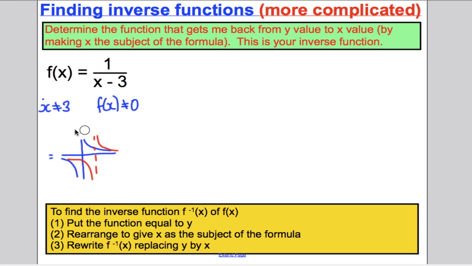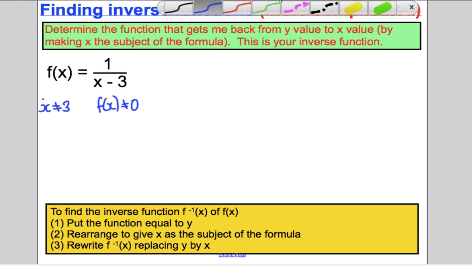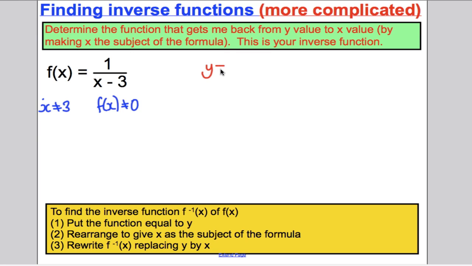Okay, now here is the basic idea of this. We put an x number into this function, and let's just call the output number we get when we put x in y. So y is equal to 1 over x subtract 3. Now what this is telling us is we put an x in, we get a y out. If we could rearrange this equation so x was the subject of the formula in terms of y's, then that would be a function effectively that puts y in and gets x back out, which would be the inverse. So if we rearrange this,